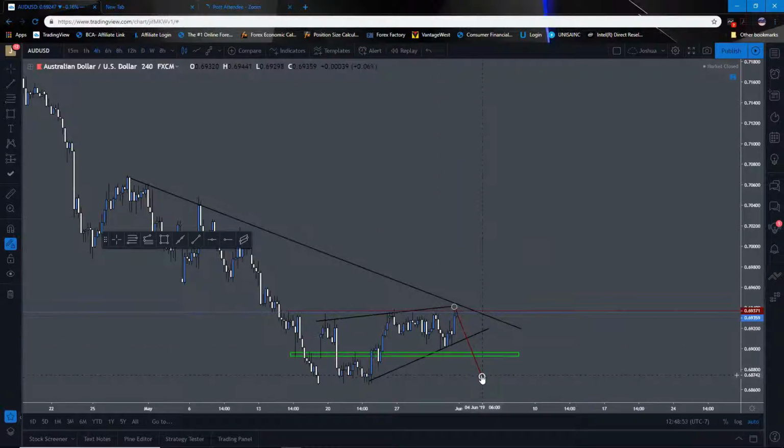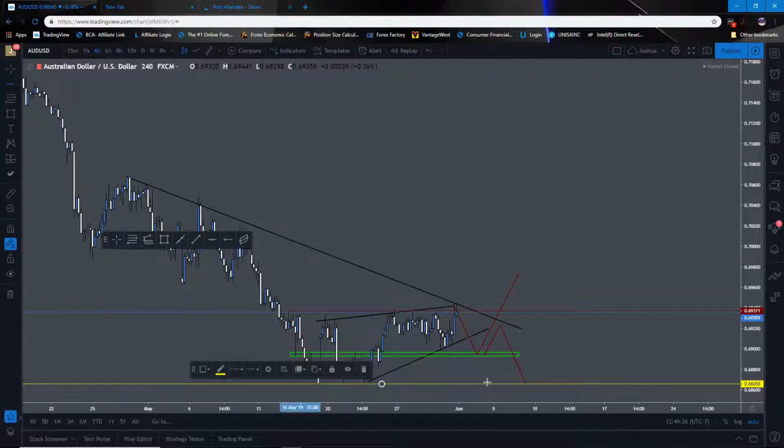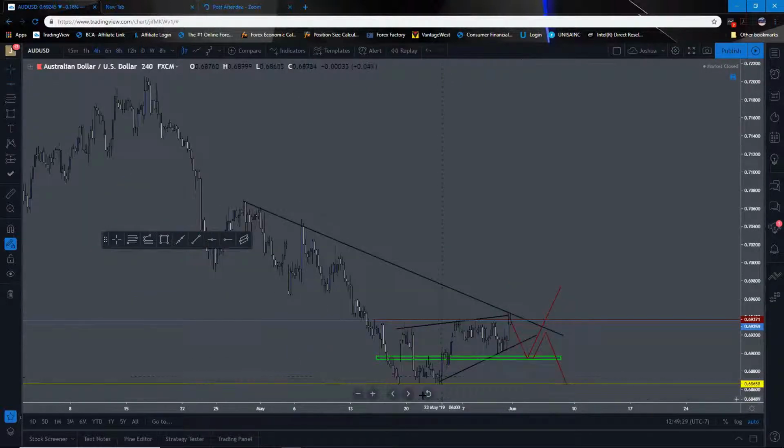I would be anticipating a break out of this area and then looking for a possible break up, or if it does respect this black trend line, then it would come down for a triple bottom, excuse me, to this area here. And then I'd be looking for another buy opportunity,